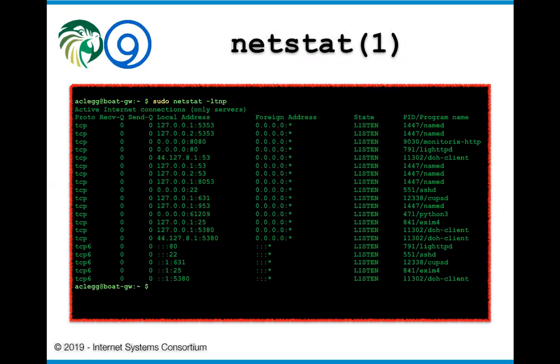So in this case, I see that there is a named process, the very first line up there, with the process ID of 1447. It is listening on port 5353 on the loopback interface. So 127.0.0.1, port 5353 is listened to by named. I can go through and look at all of these and see that it's also listening on port 53 on the loopback. It's also listening on port 8053 on the loopback interface. And this machine's actual IP address is